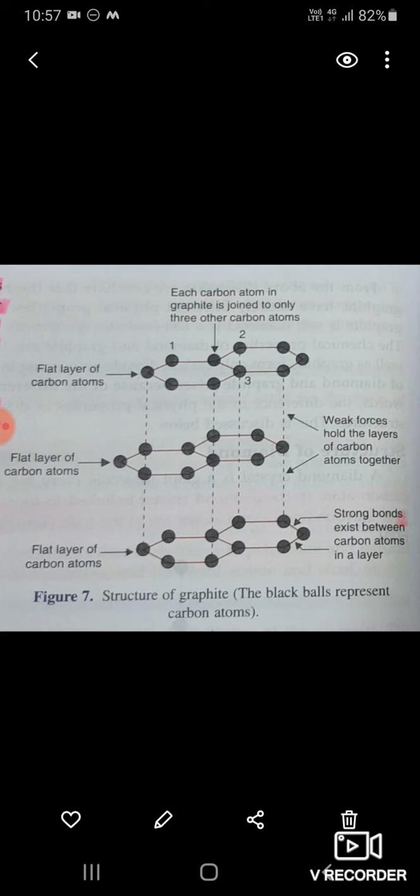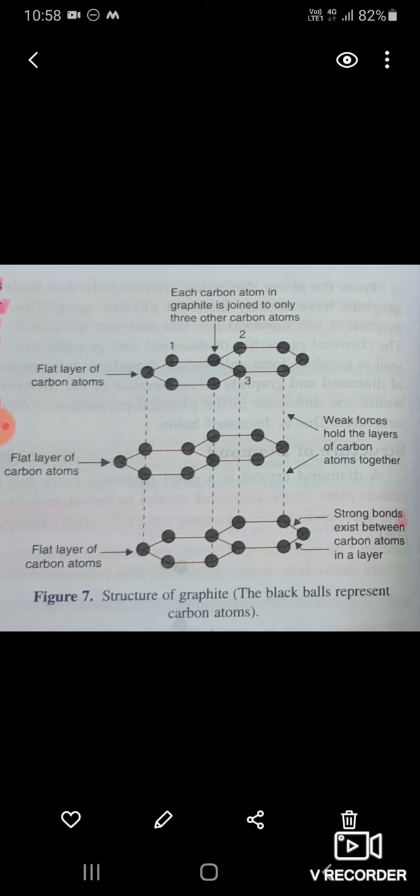Let's see the structure of graphite. The structure of graphite is very different from that of diamond. A graphite crystal consists of layers of carbon atoms, or sheets of carbon atoms, as shown in this figure. Each carbon atom in a graphite layer is joined to three other carbon atoms by strong covalent bonds to form flat hexagonal rings. The various layers of carbon atoms in graphite are quite far apart so that no covalent bonds